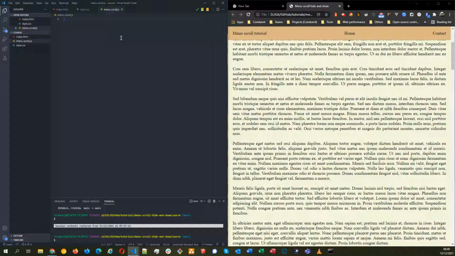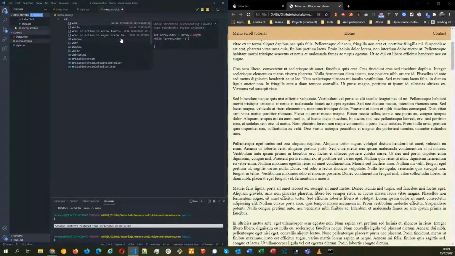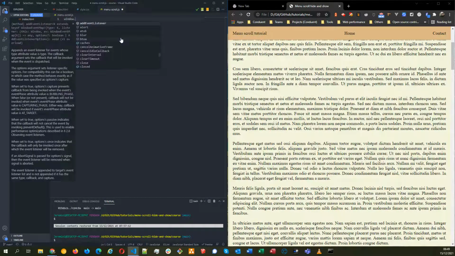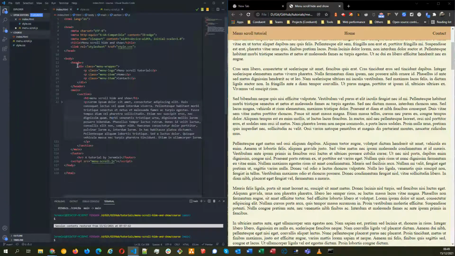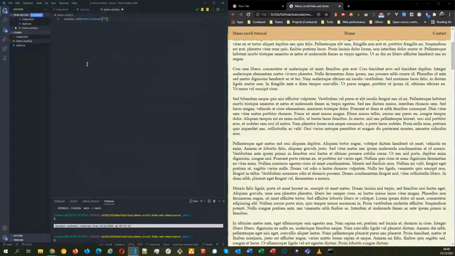It's as simple as looking at the window property. So it's the window that adds the event listener. Why the window? Because when we're scrolling here, we're on a page and the effect is applied on the page itself. So this is what we want to hide, and as we scroll down the body, the main, that's where we want to apply it. So the scroll